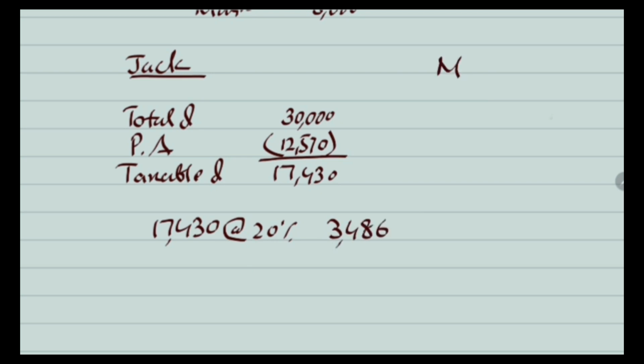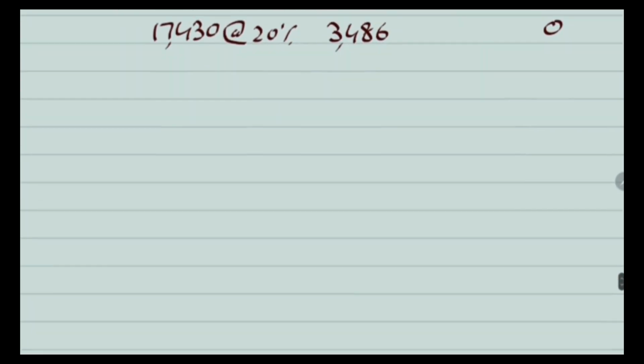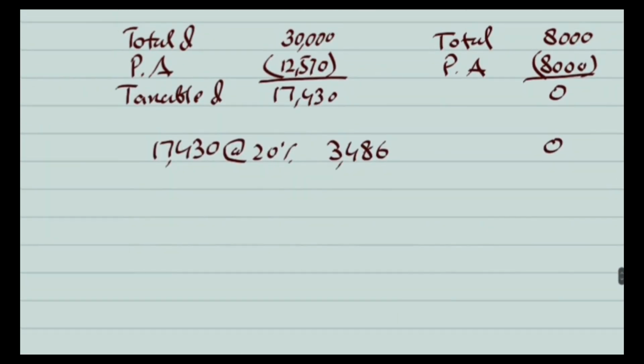While in the case of Mary, she has a total income of 8,000. After deducting the personal allowance available to her, which covers her whole income, the personal allowance of 8,000 will be used to make her taxable income 0, so she has no tax liability. If they decided to transfer the marriage allowance, in that case,